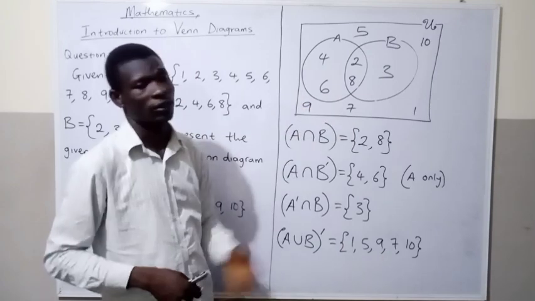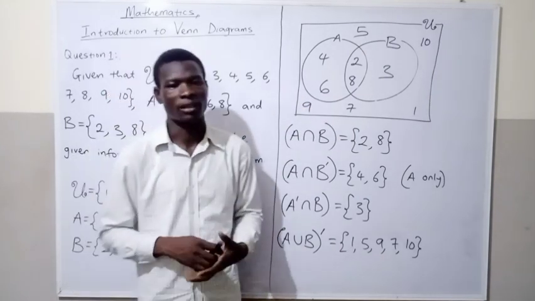So these are the different aspects of the Venn diagram, and we have shown them out. So I believe